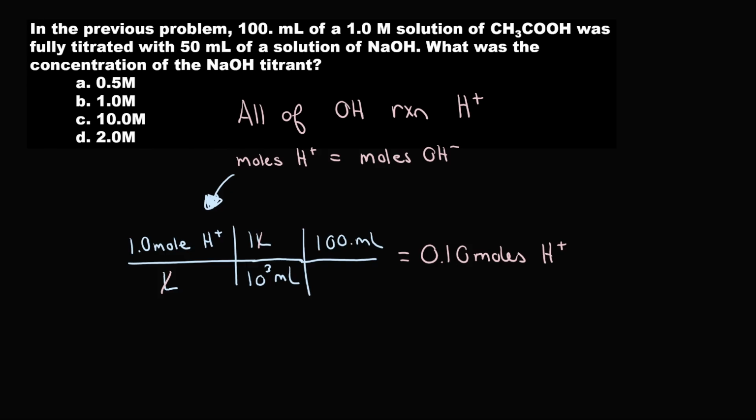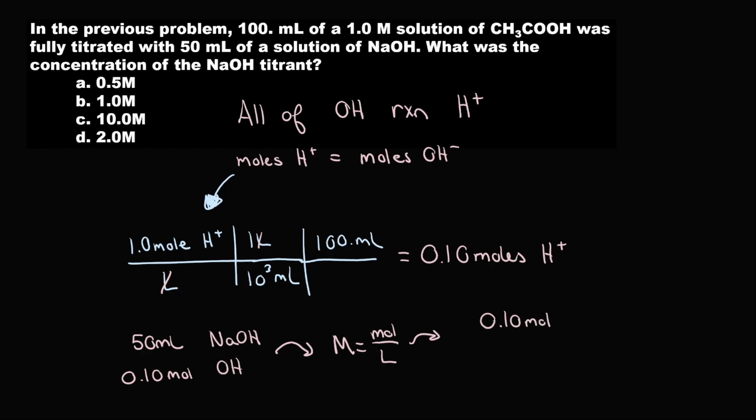Now we need to find the same thing for NaOH. For NaOH, we are told that there is 50 milliliters of this NaOH solution, and there should be a total amount of 0.1 moles of OH. So we actually have to use this information in order to find a concentration. We can use the same conversion table in order to find it in molarity, where we know molarity is equal to moles divided by liters. So let's go through and do that. We know there is 0.10 moles of OH minus,